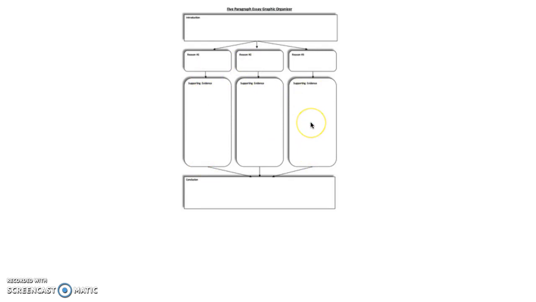Okay. The other side of your review sheet is where you will put your quotes, so don't waste the room that you have on here putting quotes. Your quotes are for the other side. This is where you put your explanations: how the quote you chose proves your point. Your conclusion, you're going to restate your thesis and offer a final observation. Okay, so this and your quotes you can bring into the exam with you.